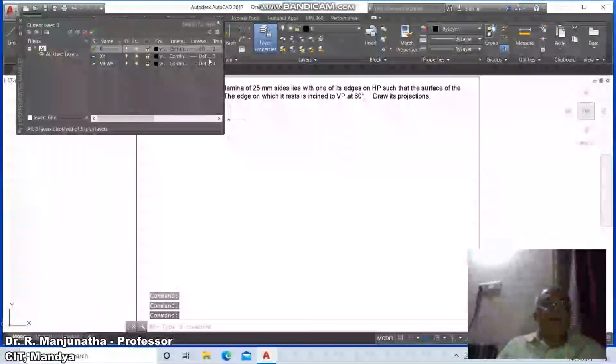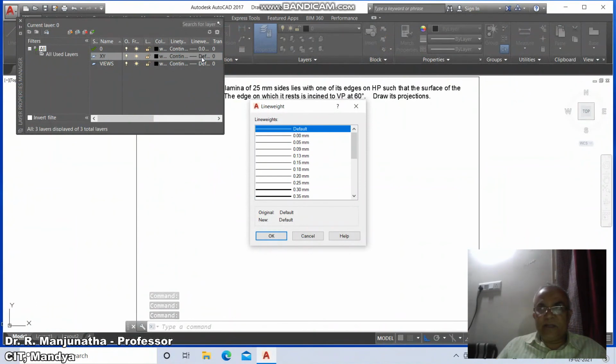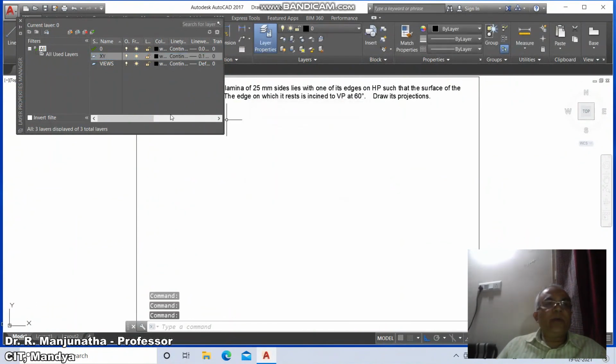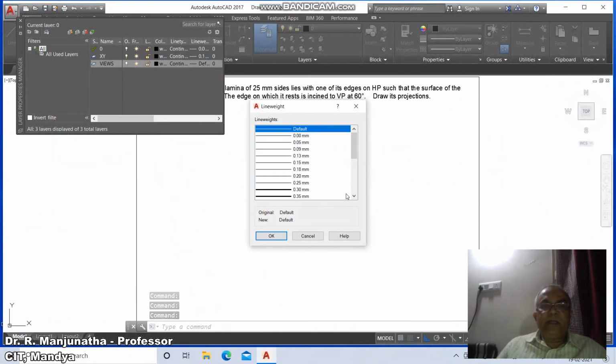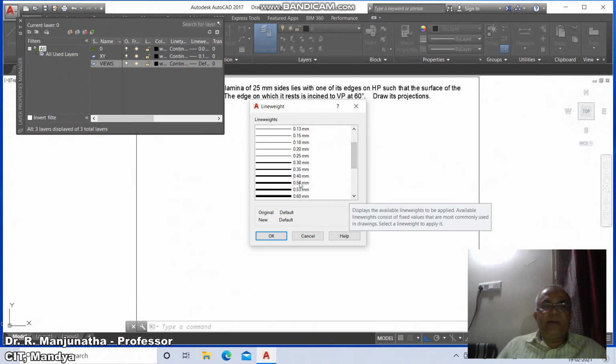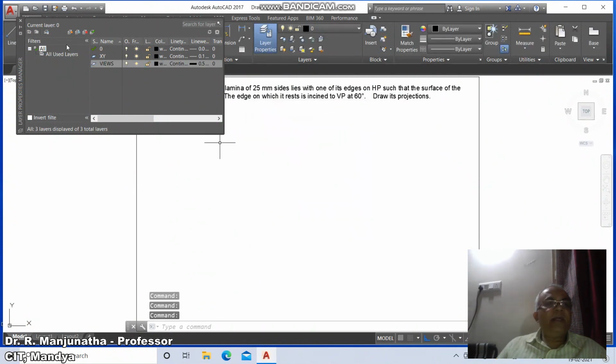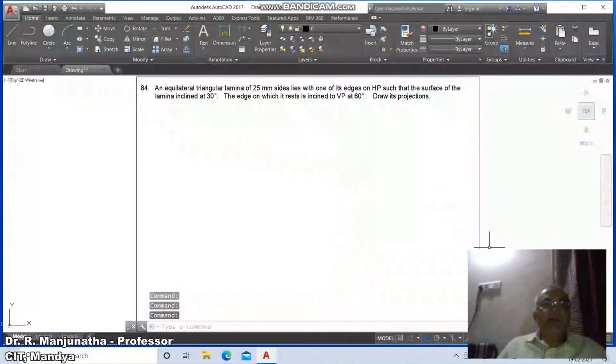Then again click on XY, go to default line weight, click on 0.13 and say OK, and go to views, click on line weight, make this 0.5 and say OK and close.